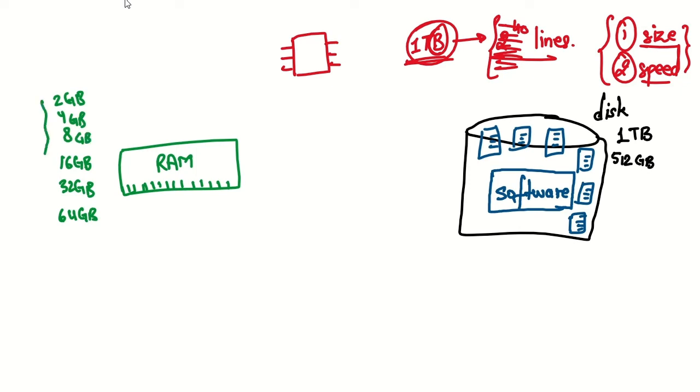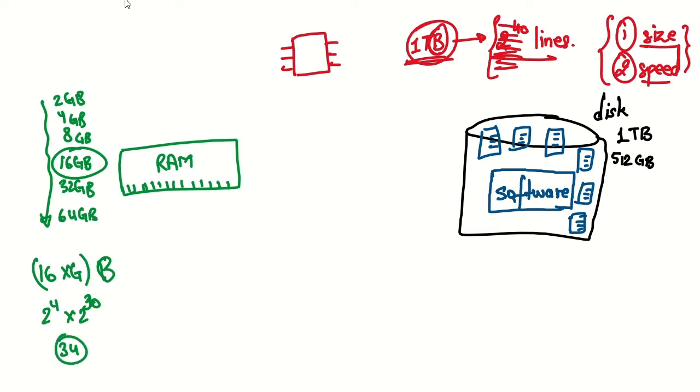Gigabytes. Okay, this is the trend of RAM. Say for example we have a 16 gigabyte RAM. How many address lines will be needed? 16 into giga, these many bytes I need to address. 16 is 2 raised to the power 4, times giga is 2 raised to the power 30. So it will need only 34 lines,